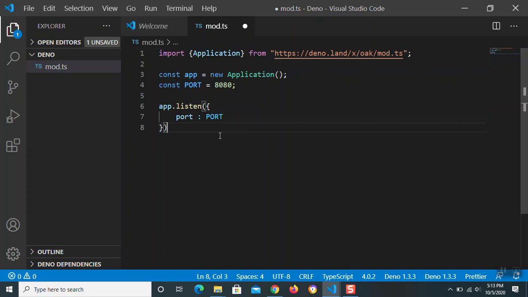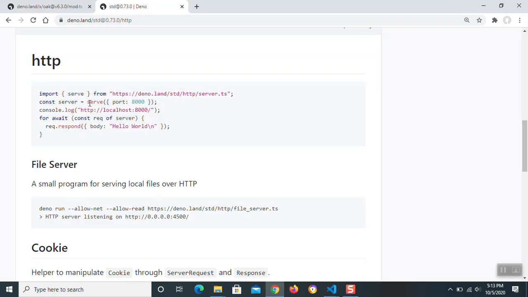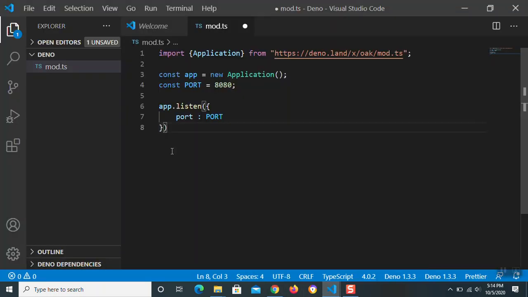And all the listen function is doing here is it's wrapping the server function in the standard Dino HTTP server, which we can see over here. Okay, so Hawk is going to do a lot more for us than this standard HTTP server. The other method on the application class is the .use method, which register middleware with Hawk. And middleware is what Hawk is all about. Pretty much everything we had is going to be a middleware in some form.